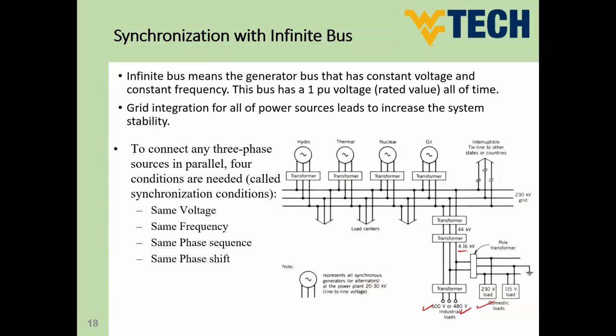So if we assume that one of the generators here is going to be the main generator of our grid, we can consider that the bus of this generator is going to be the infinite bus. Okay, so we would have just one infinite bus, which is going to be the reference of all the other network. So this is going to be the infinite bus. The definition of the infinite bus is nothing but constant voltage, constant frequency. And we would assume that the voltage of the infinite bus is 1 per unit all of the time, which